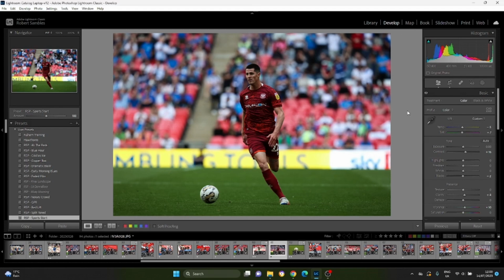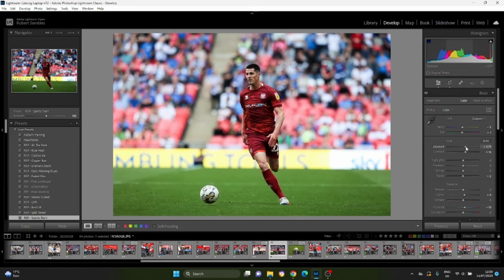Okay, the third tip is to try to learn to use the highlights and the shadows more so than you do the exposure. So for example here, this image is a little dark to me and I might want to add a little exposure. Now I probably am going to add a bit of exposure, but if I just added enough exposure to get the shadows across the player here in the right place, which would probably be about there, you can see